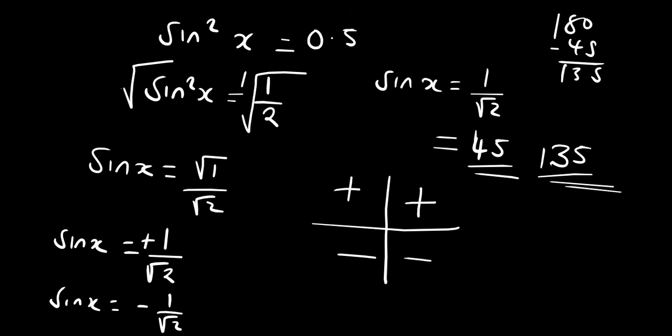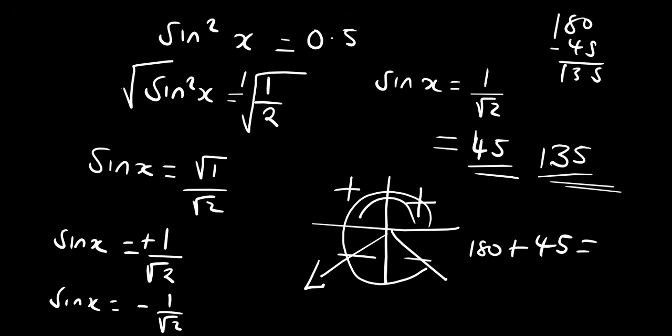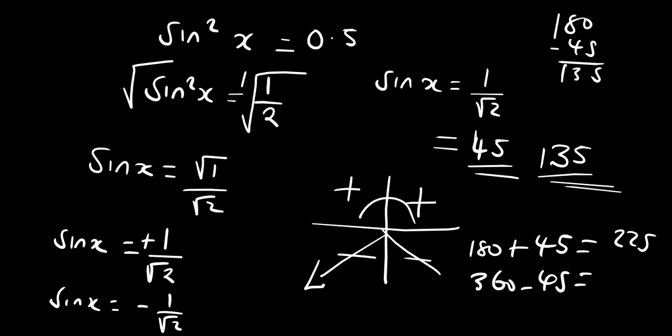So to find an angle in this region, we're going to say 180 plus the angle that we want. So 180, and the angle that we found is what? 45. That will give us one answer. Then another answer, if it falls in this region, because this is negative. So what are we going to have to find the angle? We're going to subtract from 360, because we're measuring the acute angle, this one. So we're going to have 360 minus 45. So the answer on this other one on top, we're going to have 225. 360 minus 45,